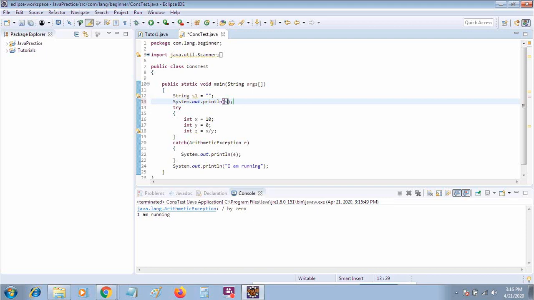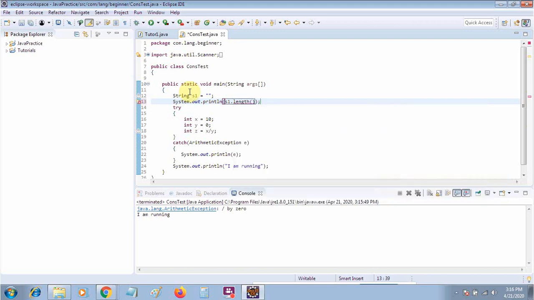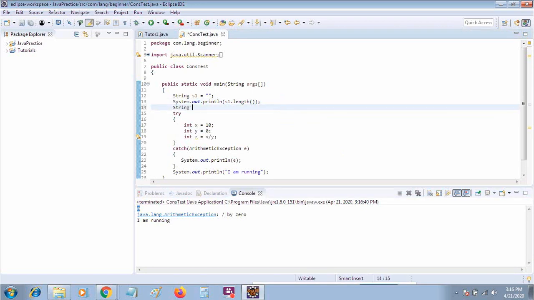If I print s1.length, there is a method to get the string length, which I described in the previous session. So yes, there is a string but the size is 0. Now suppose I have a string str equal to null. That means we have defined the string name, but actually we have not created the string.